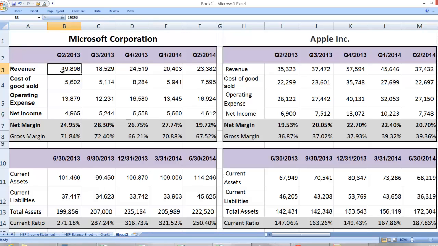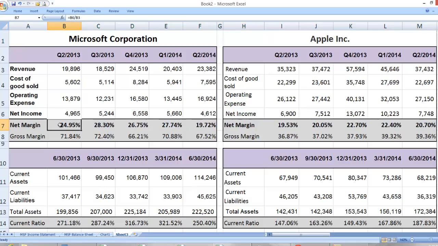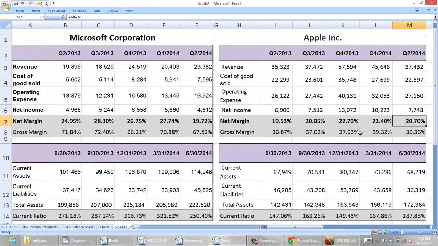Look at the sales here, you see, it is 19,000, right? And for Apple, it's 35,000. The sales are different. However, when we scale everything by sales, look at the net profit margin. Now we can compare. Look at that. 2013 net profit margin for Microsoft, 24, is better than Apple's 19%, right? However, in the most recent quarter of 2014, Microsoft's profit margin is 19,